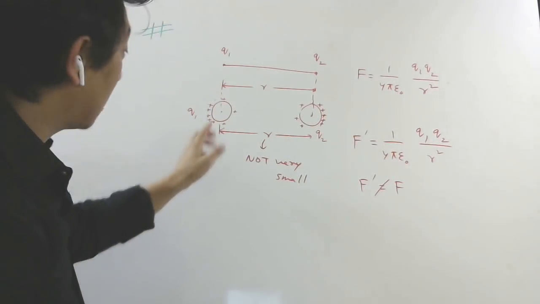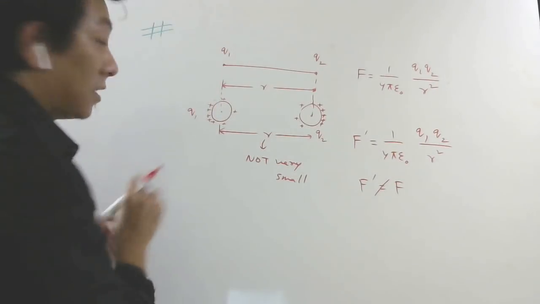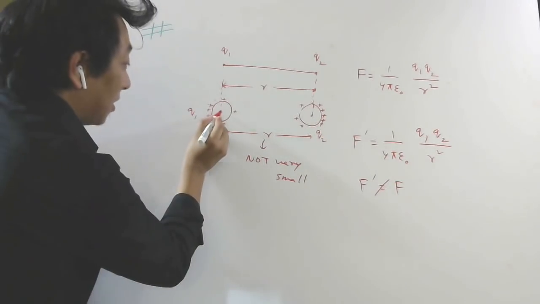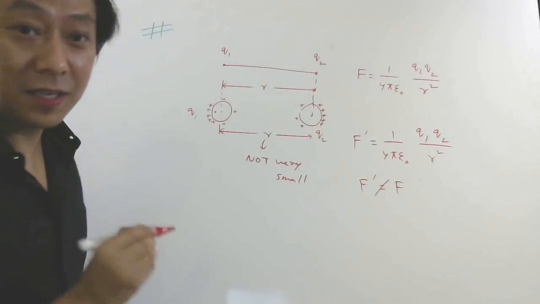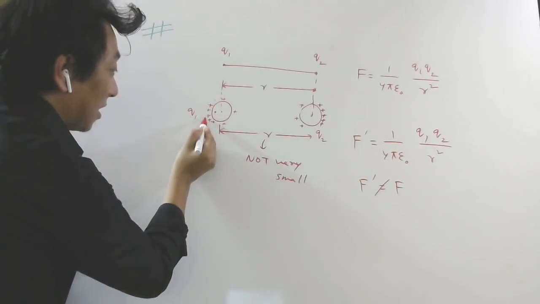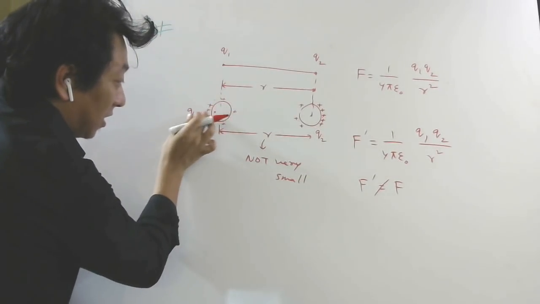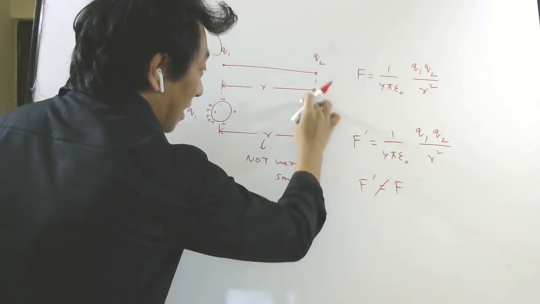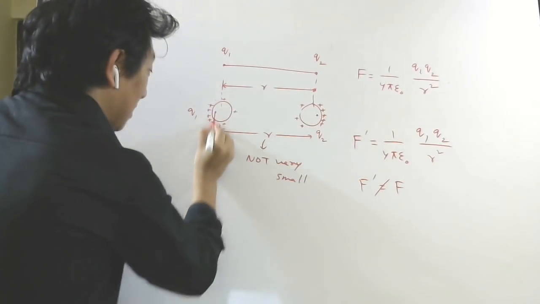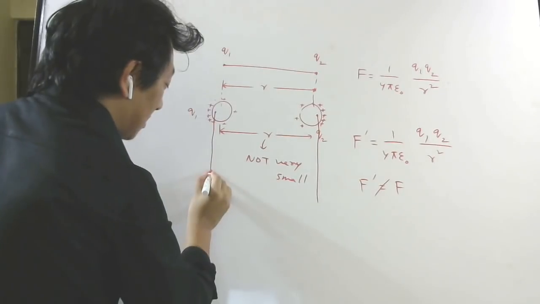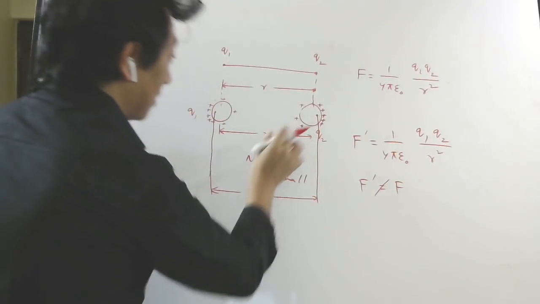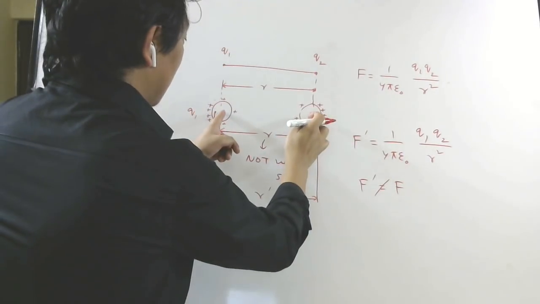Similarly, the plus charges which were there will push these plus charges far, so it will be more concentrated here. Since the plus charges are more concentrated this side, the center of the distribution of the positive charge will not be here, it will be somewhere here. It's like center of mass. Wherever more mass is there, the center of mass will shift that side. So wherever more charge is concentrated, the center of the charge will shift there. Similarly, the center of charge of this distribution will be shifted that side. So now you can see the distance between the centers of the distributions of charges is not the same as this r. It's not the same as this center to center.